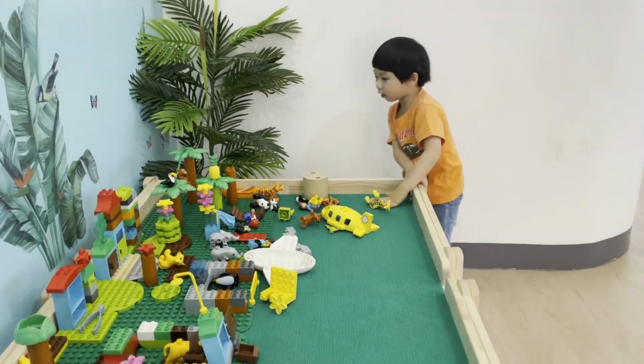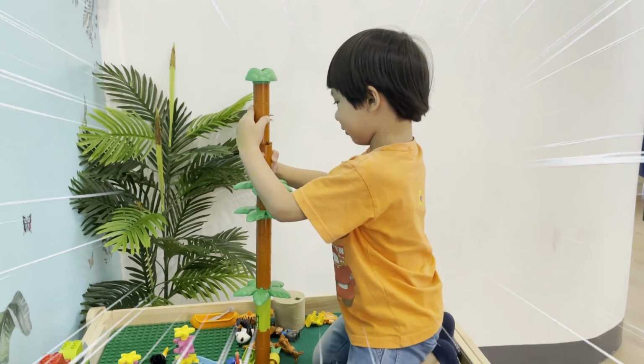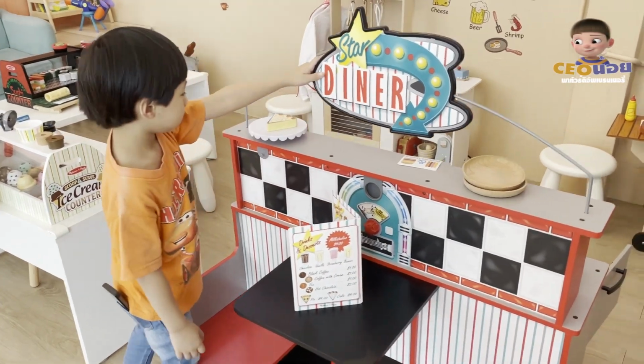Everybody, this is the trees. They get super tall. I'm making more rivers. Oh, so tall. It's taller than that tree. Oh, how to play it? It's like